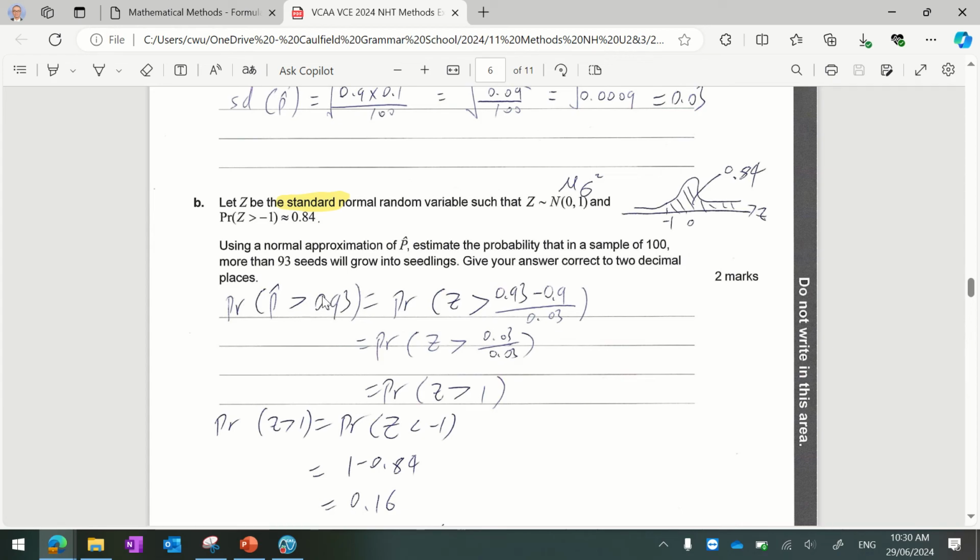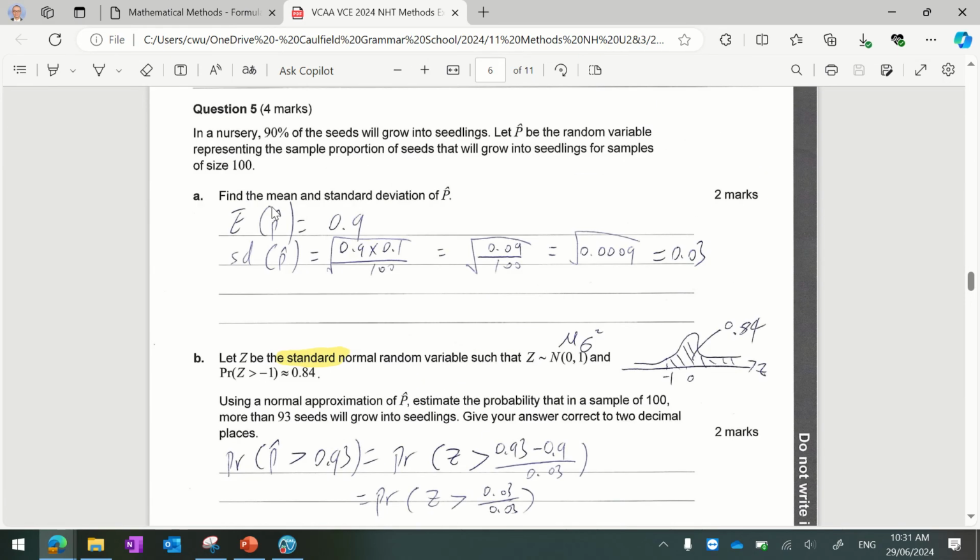The probability of that is equal to the probability of the standard normal Z bigger than the number you're interested in. So you take the number 0.93, because there's 93 seeds out of 100, so 93 out of 100 is 0.93. You take that number and minus the mean. The mean is 0.9. That's from question A. And you divide that by the